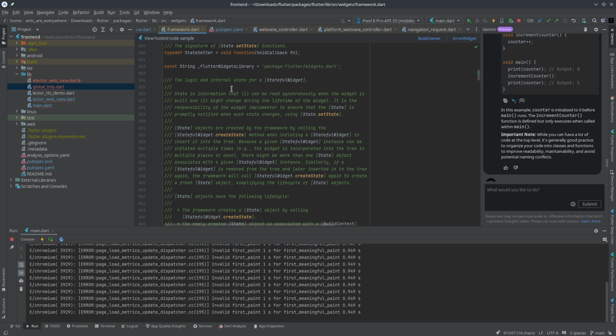Okay, so state is information that, one, can be read synchronously when the widget is built. Read synchronously, I guess, as opposed to asynchronously. And two, might change during the lifetime of the widget. It is the responsibility of the widget implementer to ensure that state is promptly notified when such state changes using state.setState. State objects are created by the framework by calling the statefulWidget.createState